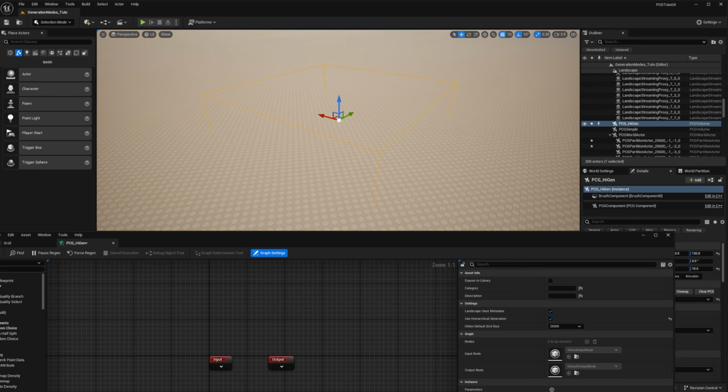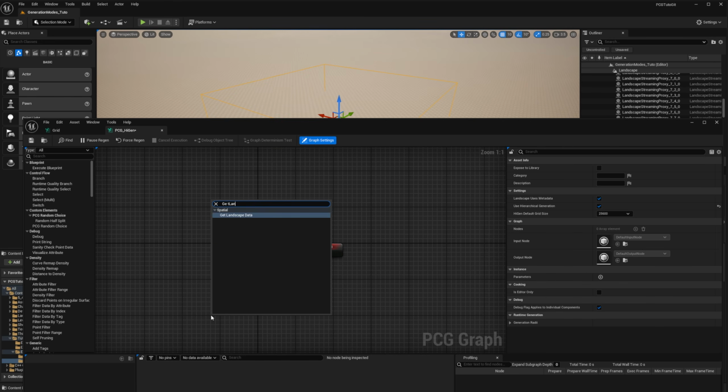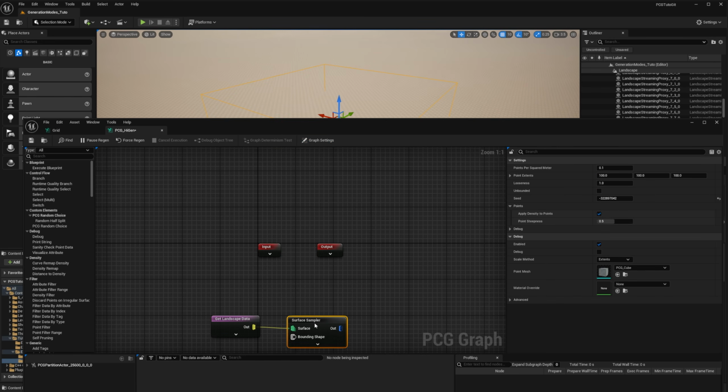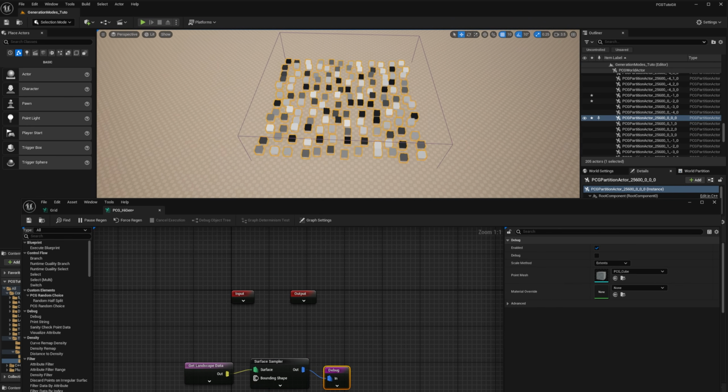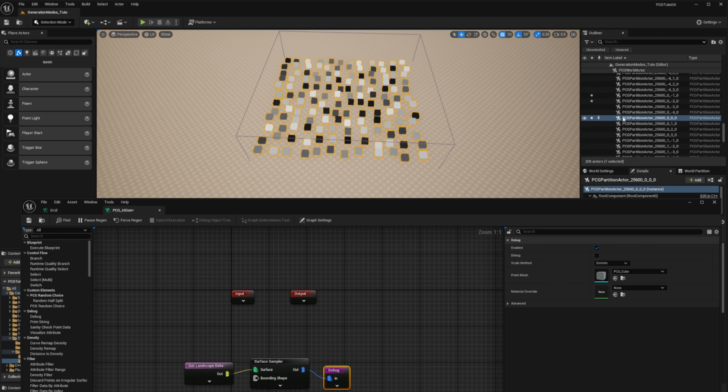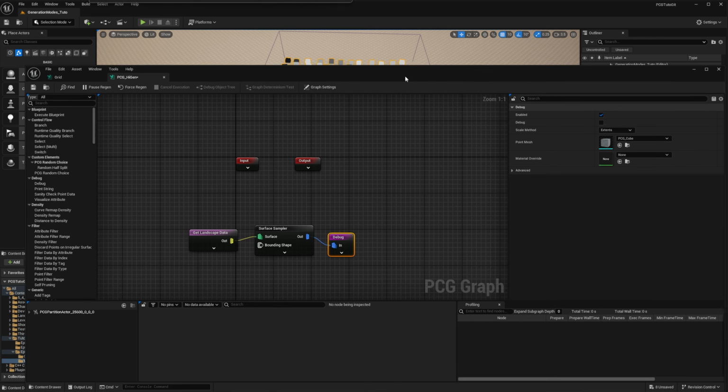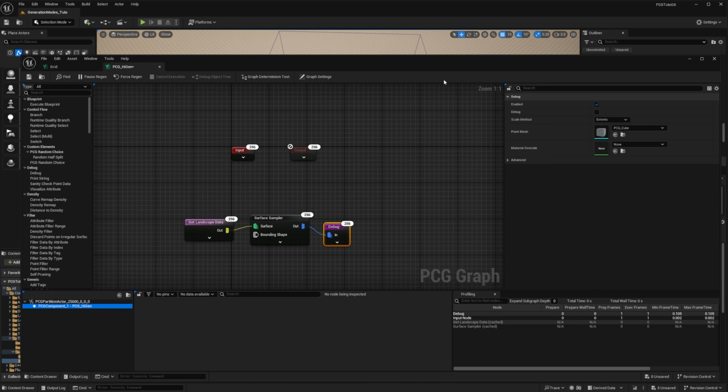HyGen works with grids of size of power of 2. There is a default grid size that will define the biggest grid for this graph. By default, it's 256 meters, which means that the graph will generate inside partition actors of size 256. Let's try it out quickly with a landscape, surface sampler, and debug to see the partition actors. You can see that it generates inside one partition actor of size 256. You can also inspect a given partition actor, and you'll see on each node at which grid size it was